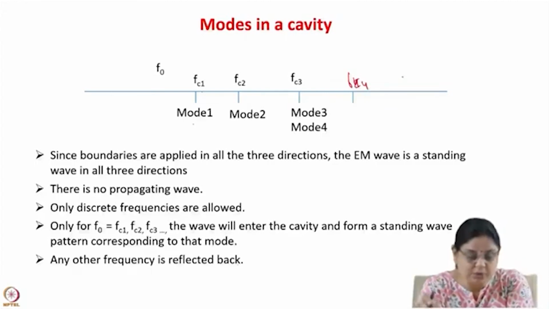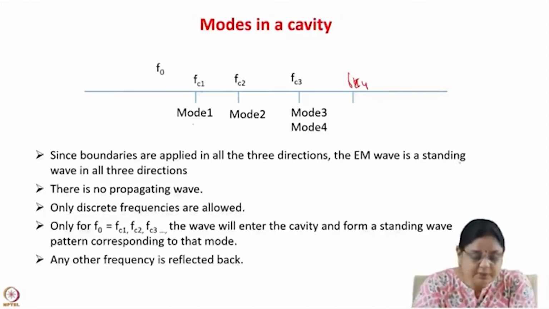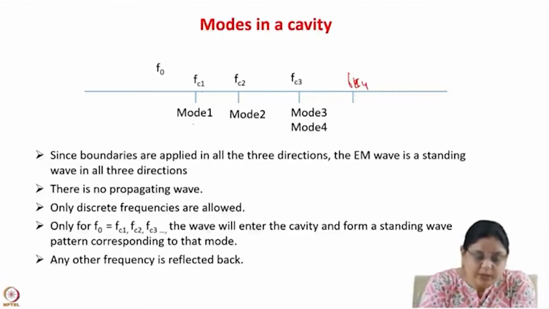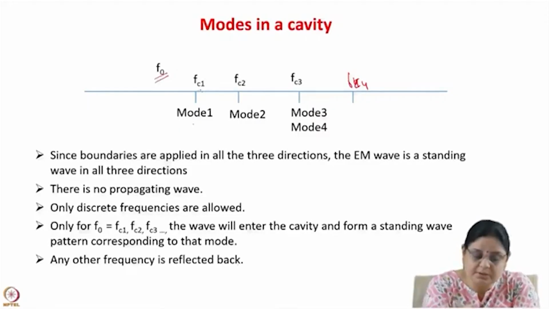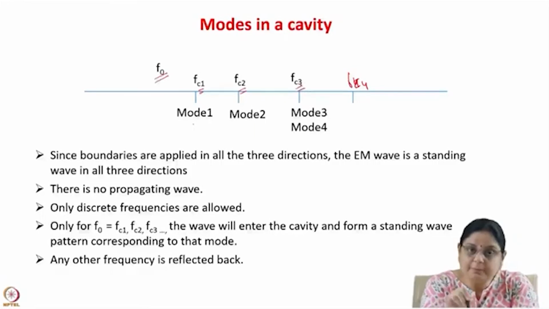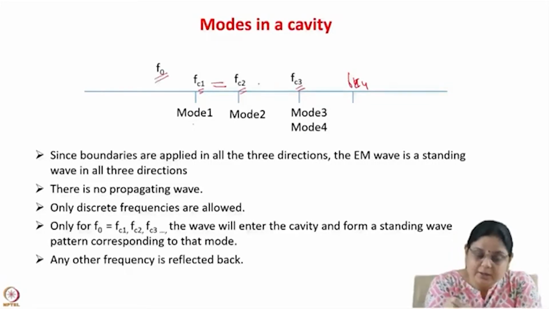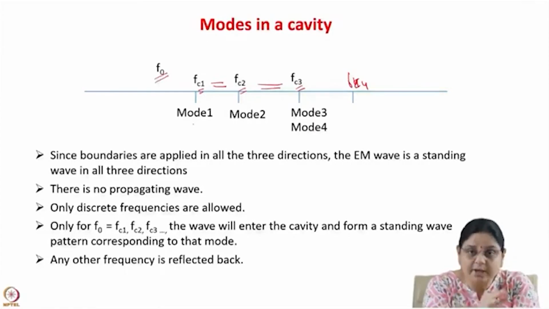There will be many such modes. Since boundaries are applied in all the three directions, the electromagnetic wave is a standing wave in all the three directions. So there is no propagating wave. So only discrete frequencies are allowed. Only when the electromagnetic wave that you try to put inside the cavity matches the frequency of these modes, so it is equal to FC1 or FC2 or FC3, will the electromagnetic wave enter inside the cavity. At any frequency in between these frequencies, the electromagnetic wave will be reflected back because there